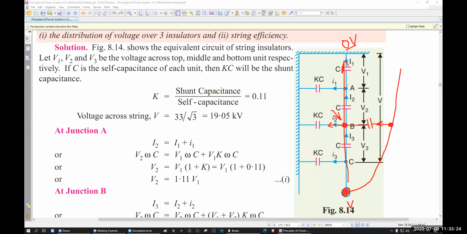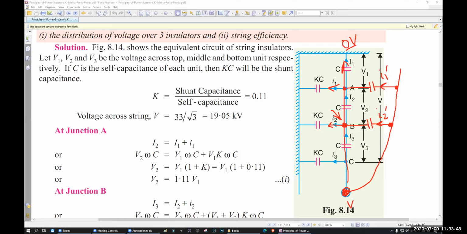Here, again, the voltage is less than V. Here the voltage is V, right? A current will form. How much current? Let's say equal to I1. So I1 is being lost, I1 is being filled up. I2 is lost, I2 is being filled up, right?